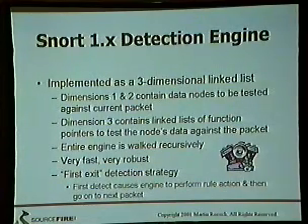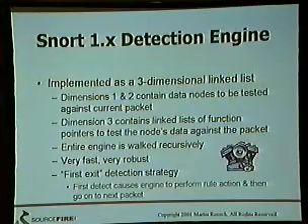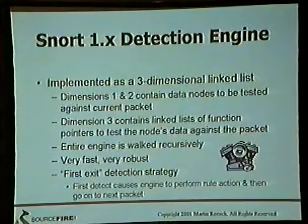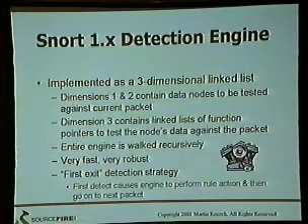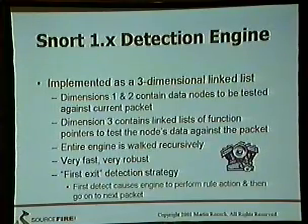The Snort 1.x detection engine is a three-dimensional linked list. The first two dimensions contain data nodes that store data that we want to compare against the current packet. The third dimension contains linked lists of function pointers to test those nodes against the current packet. So essentially, each node in the detection engine knows how to test itself against the current packet automatically. The entire engine is walked recursively, and it's turned out to be a very, very fast and robust way of